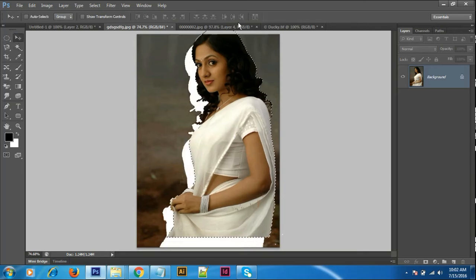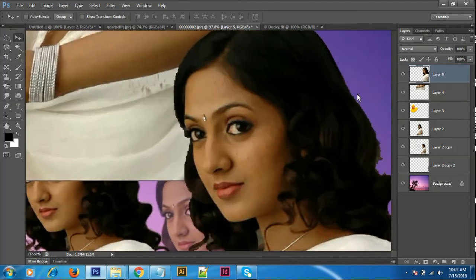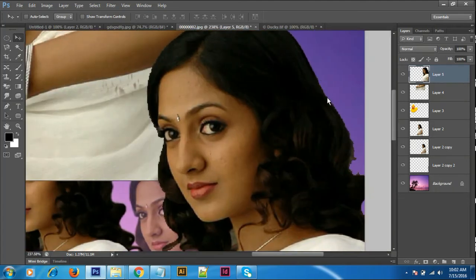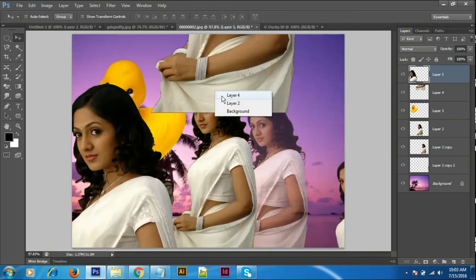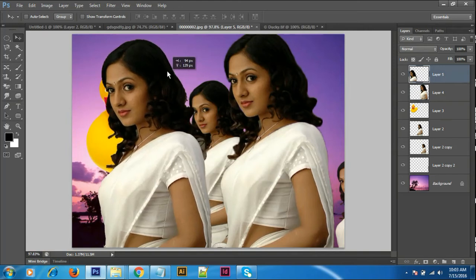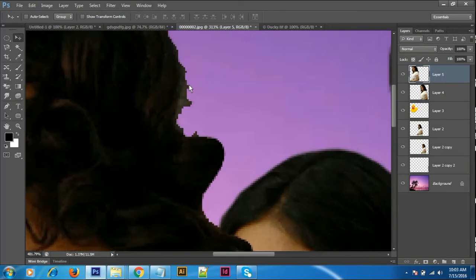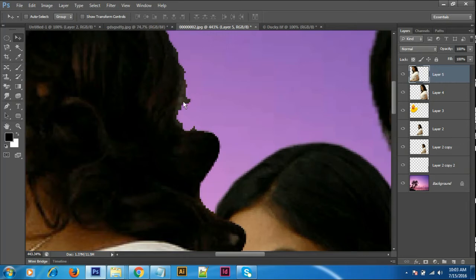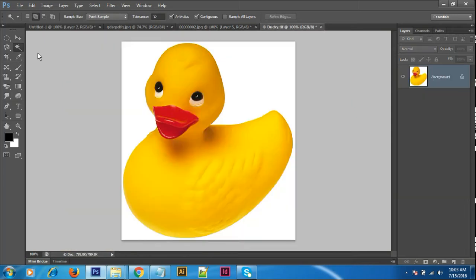Take the move tool. Now you can place it here, and the edge is very sharp. Then you can take a feather. Here we have to mention the feather. Here the feather will be taken directly. But when we use these two tools on a multicolor background, we get edges like this, with some disturbances. That's why these two tools work only with a single color plain background.